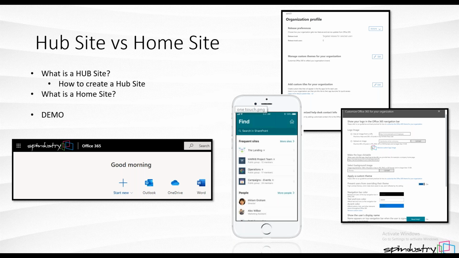Okay, but what is this thing that they were talking about in the keynote speech for 5 or 6 minutes on how awesome this new feature was called home site? And I don't know if it was worth the 5 or 6 minutes. So basically, all we're saying is that, hey, because we're using hub sites a lot, and because we're using the modern UI,